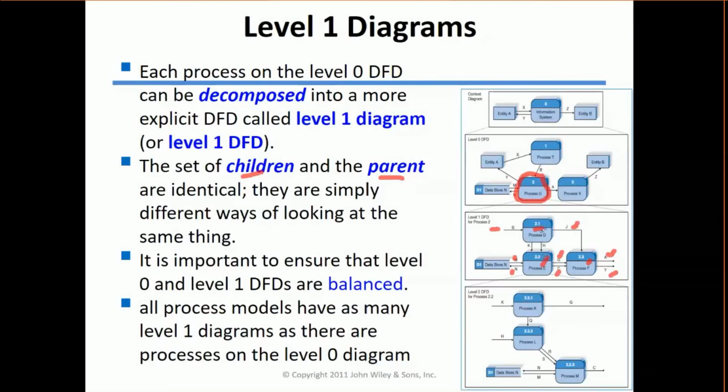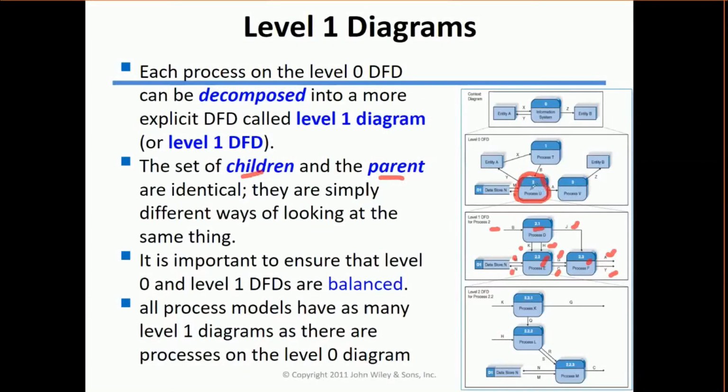And why these are extra? Because we decompose this into further sub processes, and these further sub processes, the siblings, they are siblings now. These siblings are connected through the data flow with each other, and this is why more data comes in, like K, H, G, C and Y. So level 1 diagram